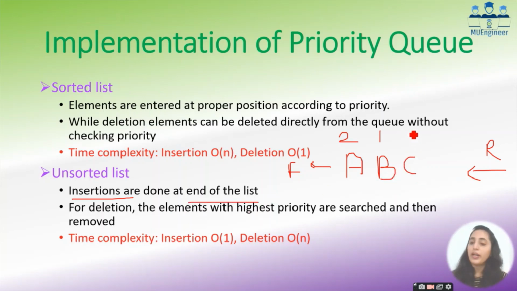उसके बाद सी आया विद प्रायोरिटी 3. इट जस्ट एडेड डायरेक्टली एट द रेयर एंड. Now it is not taking any calculations while inserting. Directly adding at the rear will take insertion in only big O of one time. One time unit में हम लोग का insert हो जाता है. But while deleting, यू नो इट इज अ प्रायोरिटी क्यू, तो उसको डिलीट प्रॉपरली प्रायोरिटी के हिसाब से ही करना है.